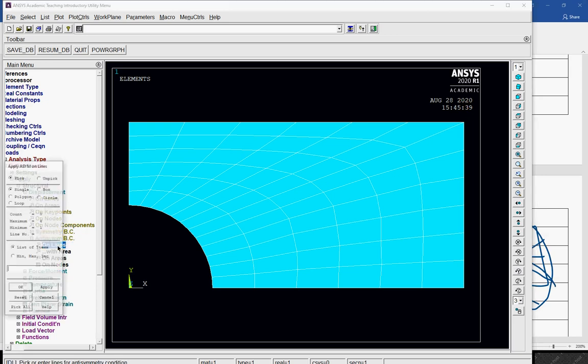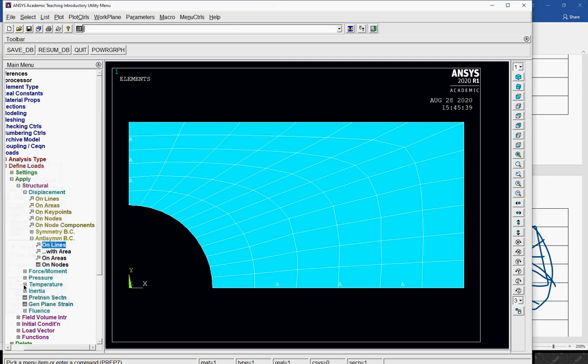On lines, first line, second line, these two lines I have selected where I am going to apply a symmetric boundary condition. So these are my symmetric boundary conditions which I have selected and applied, appearing here in this case. This is my boundary condition.